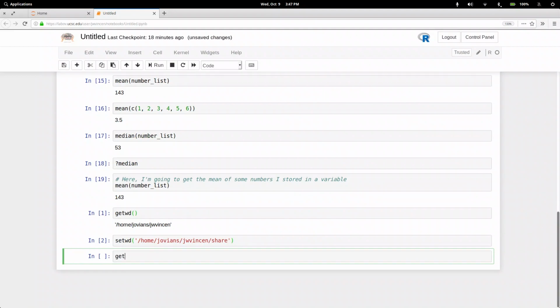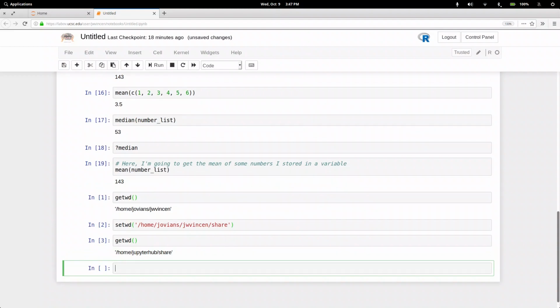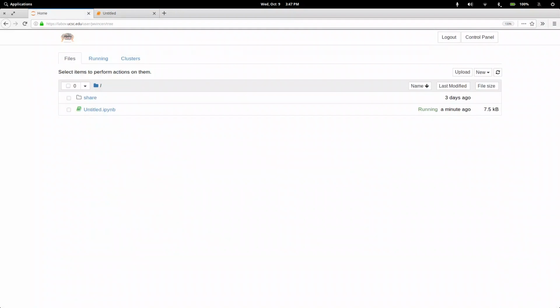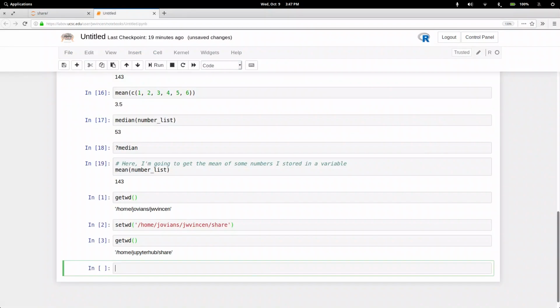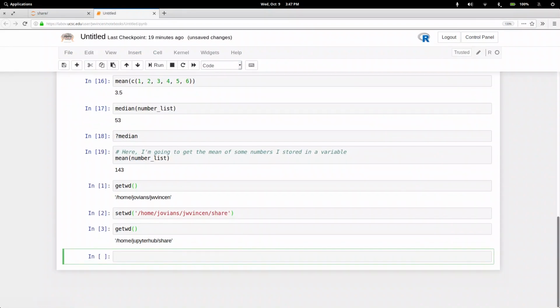If I do get working directory again, I now see that I'm in the share folder. So now R should be able to see this week1_data.csv file. The way you're going to read in this data is using a function called